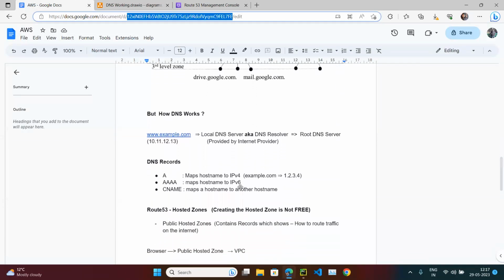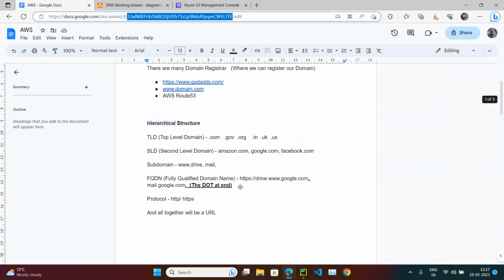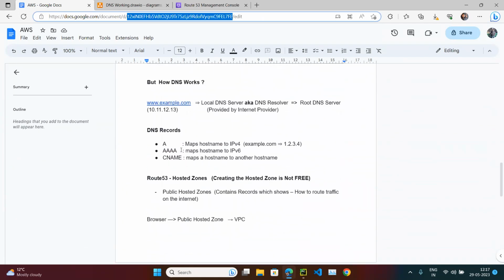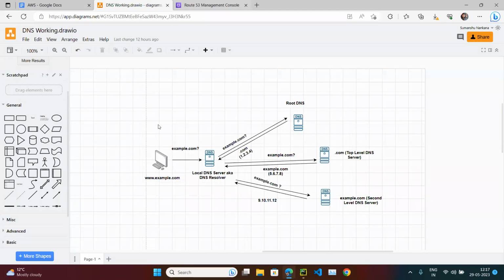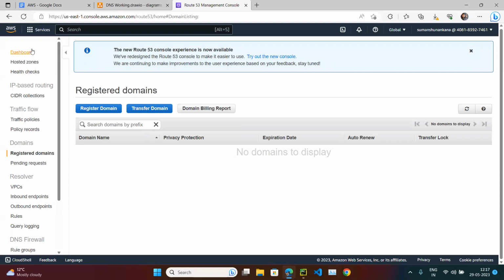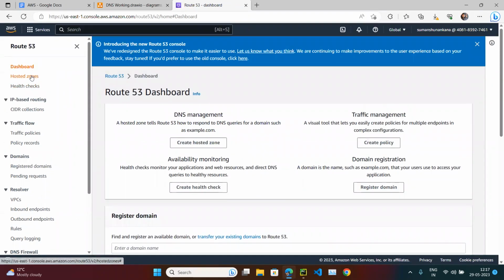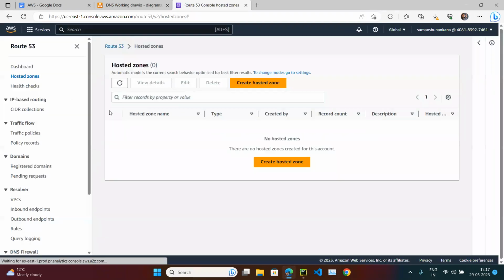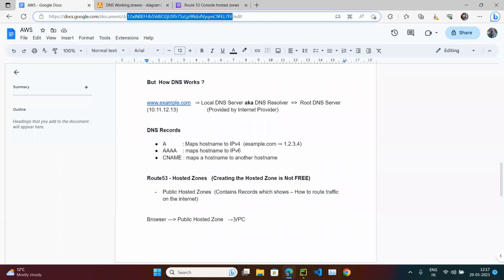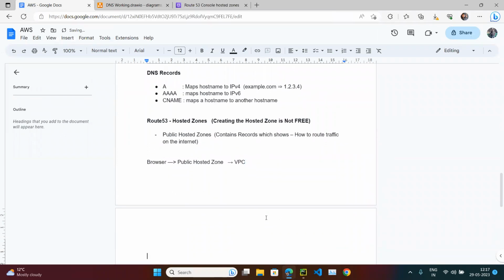Okay, so let's look at what the A records, CNAME, and hosted zones are. So if you click on it, in Route 53 one option is the domain, where we can register a domain. So you can register the domain, or you can transfer an existing domain, which is perfectly fine. Now there is a concept of the hosted zone. If you click on the hosted zone, it is like, if I give you an example,